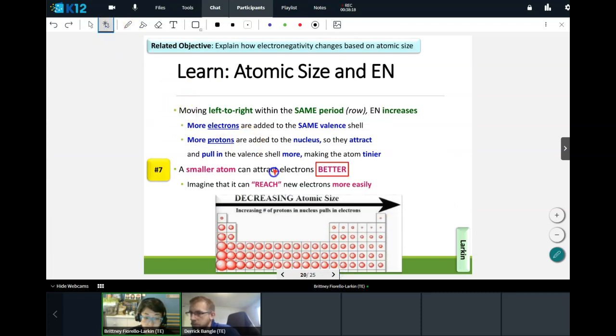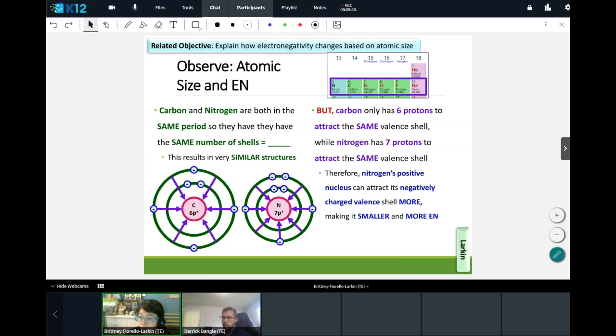A smaller atom can attract electrons better. Again, fill in that blank with the word better, only the word better. Make sure you spell it correctly. Capitalization does not matter, but spelling does. 20 more seconds to raise your hands. So let's go ahead and take a look at an example